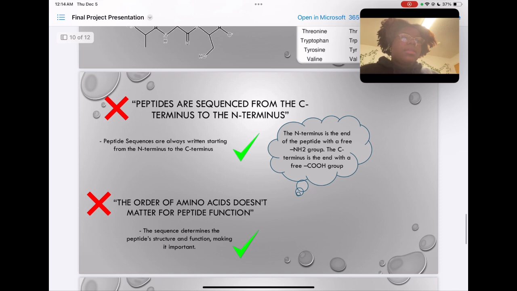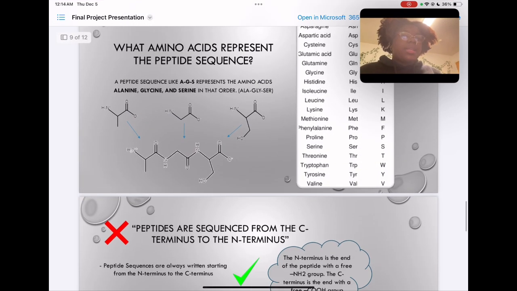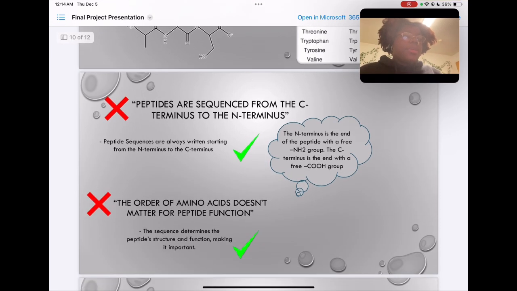A misconception is that peptides are sequenced from the C-terminus to the N-terminus. One way to remember it is that your C-terminus is going to be your carboxyl side. It's going to have your carbon, your C. Your N-terminus is going to have your amino side with the nitrogen, your N. And so that is the misconception, because peptide sequences are always going to be written starting from the N-terminus to